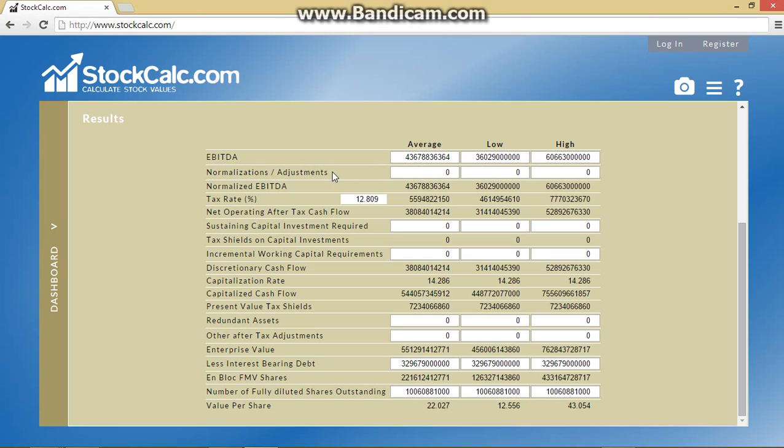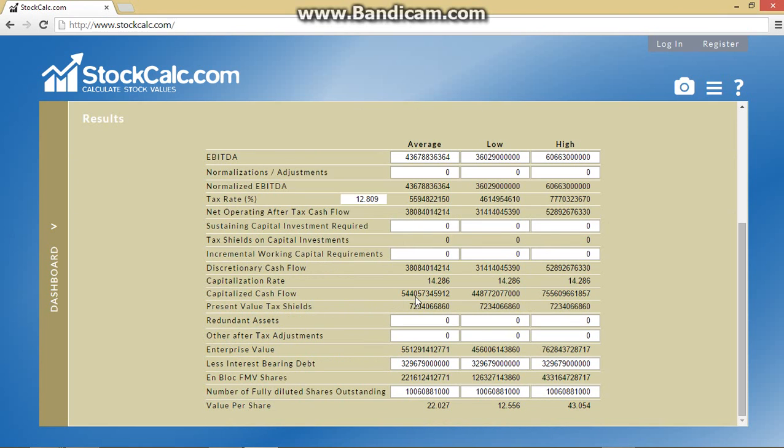We can apply any normalizations or adjustments to generate a normalized EBITDA. We use the tax rate that's generated from the financial statements, or we could adjust this tax rate as well, which we will do in a minute, to generate a net operating after-tax cash flow. If there's sustaining capital that we wish to input, we can calculate the tax shields on the sustaining capital, and we can add in any incremental working capital requirements as well to generate a discretionary cash flow when all of these are totaled. The capitalization rate is the inverse of the cost of capital